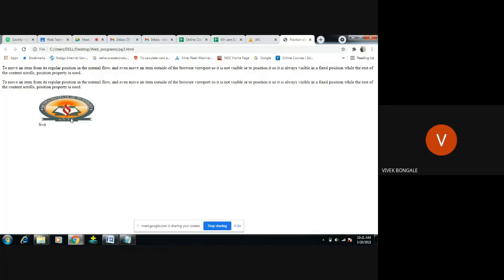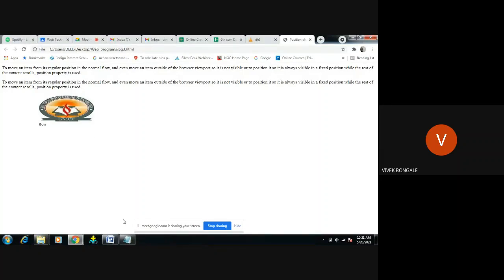It moved here, but this position is not preserved for this image. Whatever element or content is after this image moves to the left position, that is, the space which is not being used. It will move to that particular space. This is what absolute positioning is.